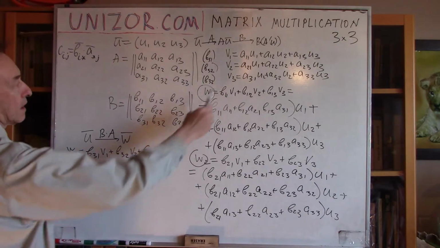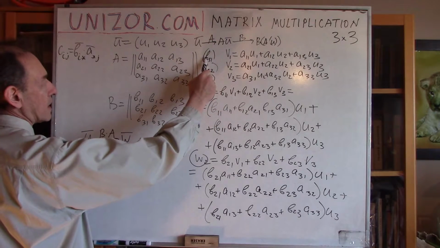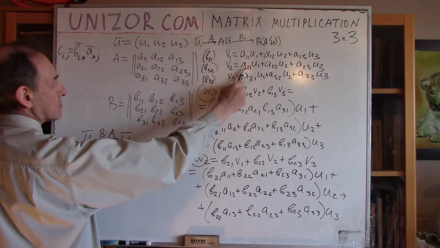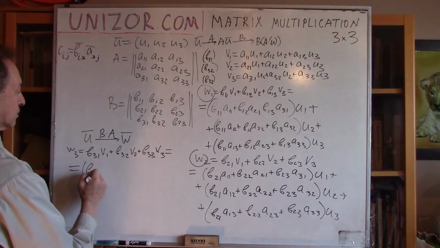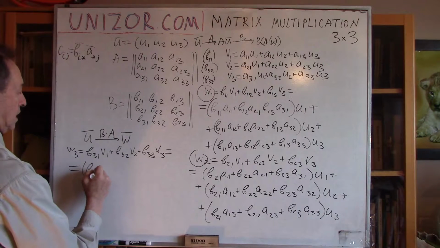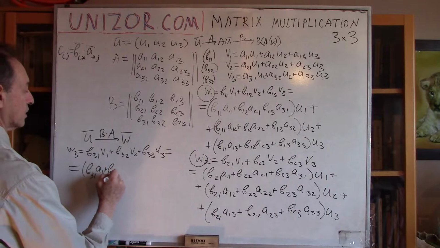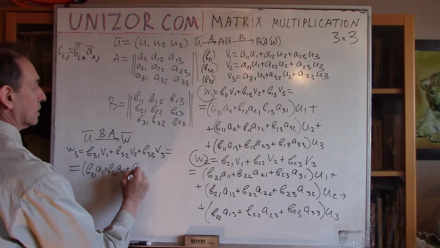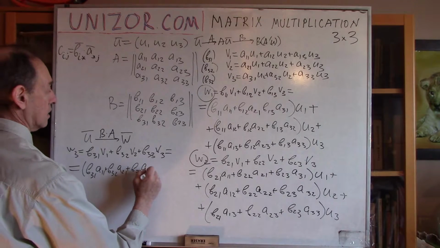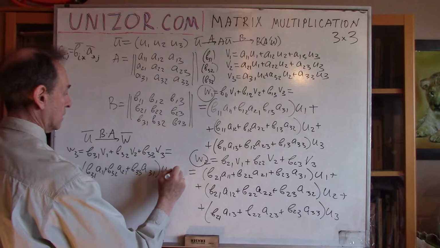So the coefficient at U1 would be multiplication of this times this plus this times this plus this times this, right? So it's B31 A11 plus B32 A21 plus B33 A31 U1 plus